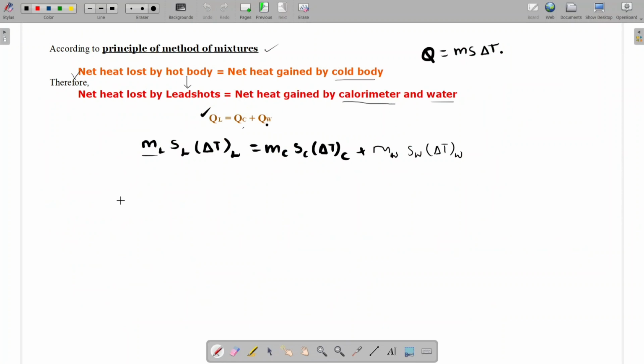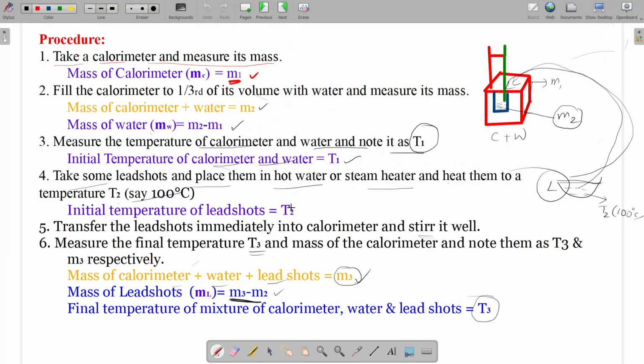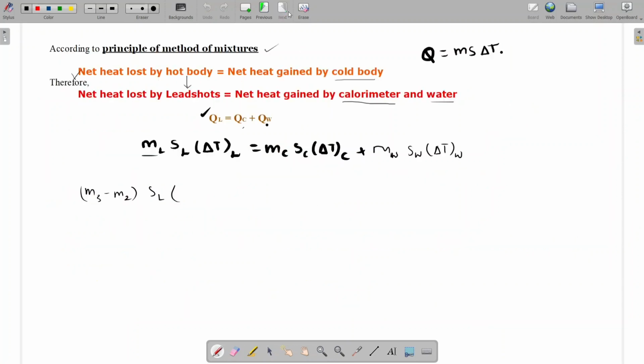Mass of lead shots is equal to m3 minus m2 into specific heat of lead shots and change in temperature of lead shots. So what is the change in temperature of lead shots? Initially the temperature of lead shots is T2 and the final temperature is T3. As lead shots has given out heat energy, T2 will be greater than T3. So the change in temperature will be